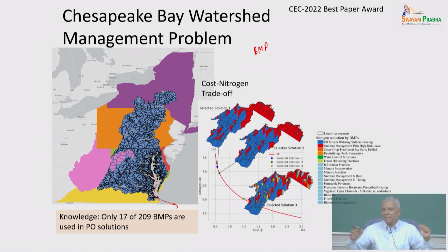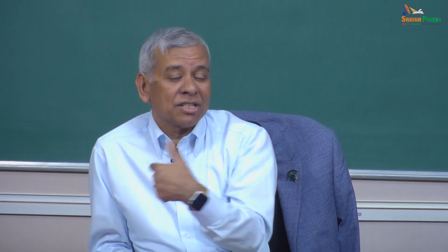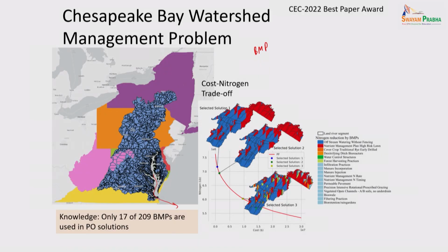So now given a land, you decide maybe 50% of this I'm going to do this treatment, another 50% I'm going to do another. Sometimes there could be overlap. So each of these little areas you see, we have to decide. So the number of variables is huge. If I take the whole Chesapeake Bay, it goes more than 1 million. But if you concentrate like this one we are concentrating, we still have about 5,000 or 6,000 variables. So it's a large scale problem.